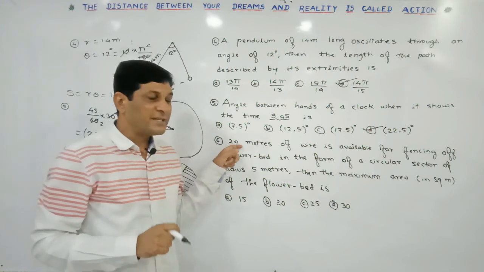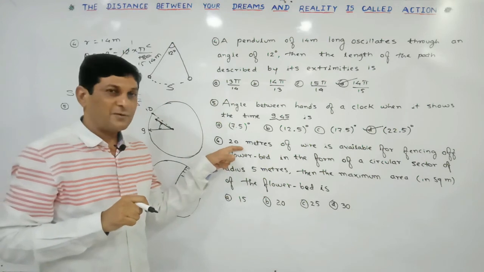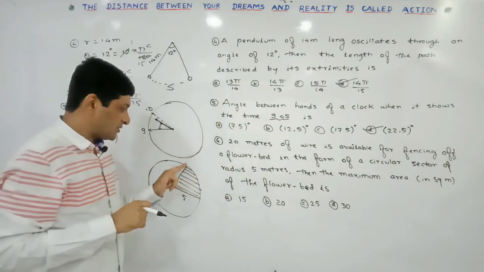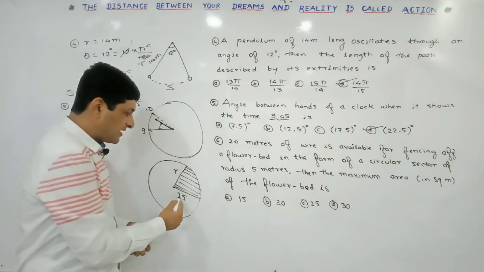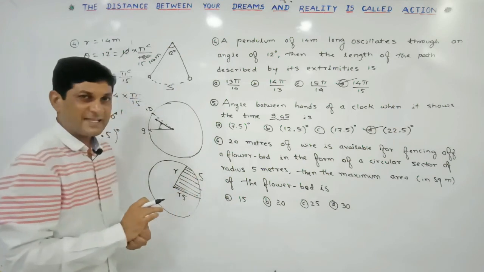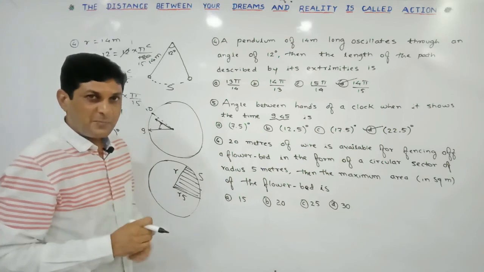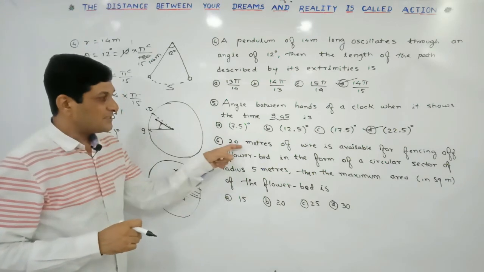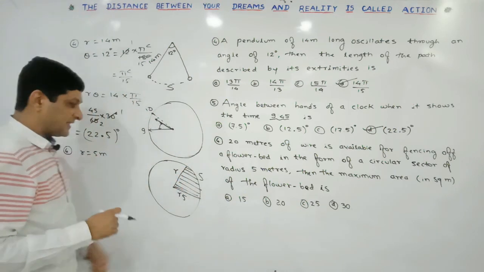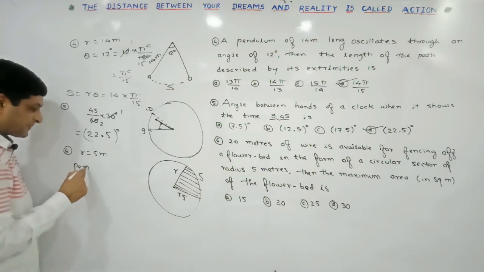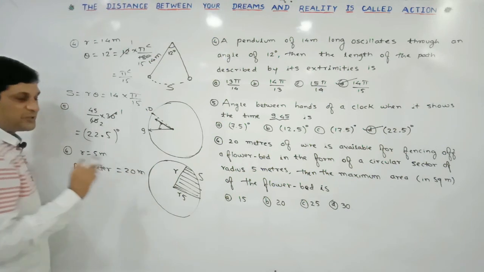Again, how much wire is required for fencing? Fencing means the border, to seal the border. How much wire is required? 20 meter. Means these are the borders of this sector. One border is r, the second border is also r, and the third border is s. To fence this, for making the compound, for fencing this sector, this much wire is required. Means can I say this wire is the perimeter of this sector? Yes. So the perimeter of the sector is equal to 20 meter. It is given to us.